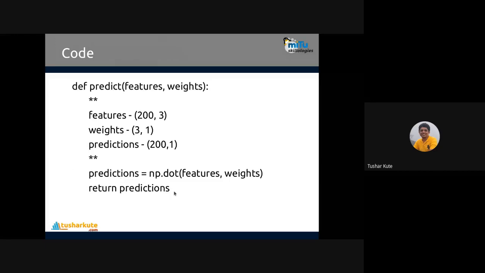That's the dot product that we are calculating here: np.dot for the feature matrix with the weight vector. Weight is a vector actually, feature is the matrix. That's why I'm multiplying. So the dot product of them is calculated, and with its help the predictions are done. That also we have seen when we saw the multiple regression example of mtcars. We calculated 3 different kinds of weights or coefficients that are multiplied, and with their multiplication we are calculating the prediction.